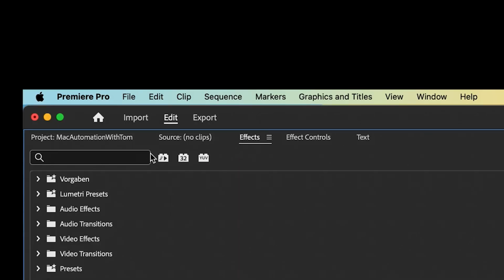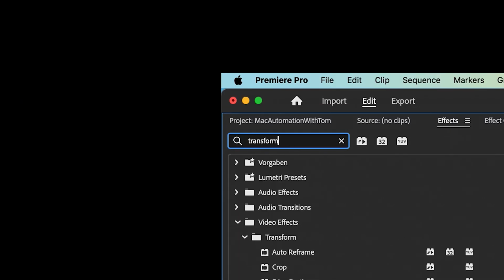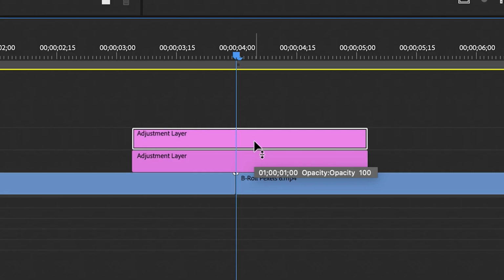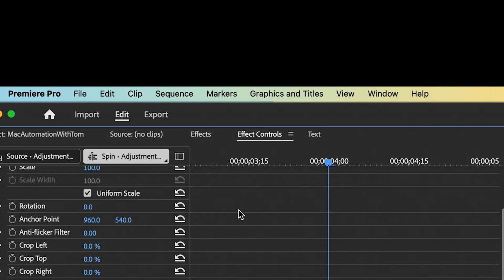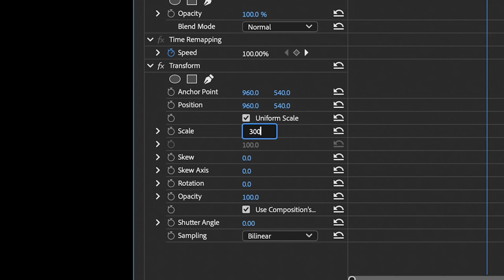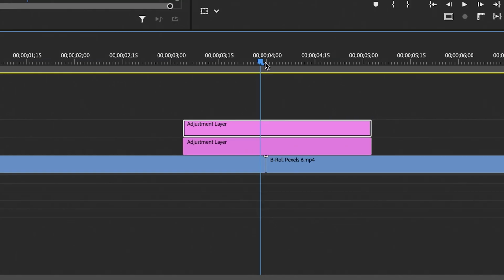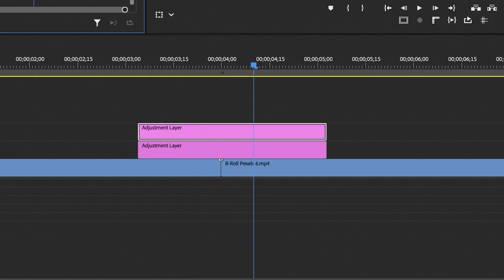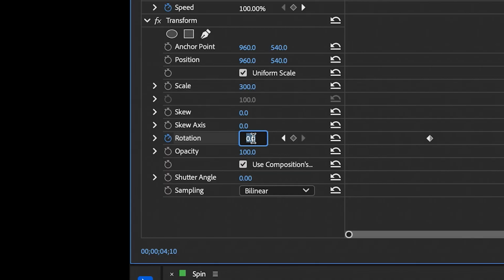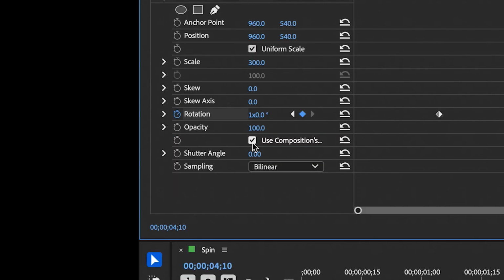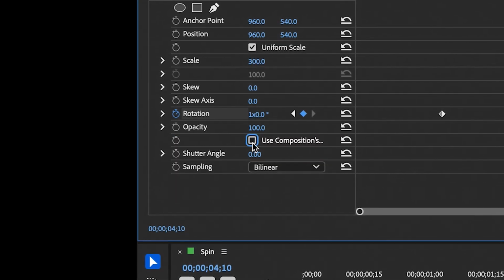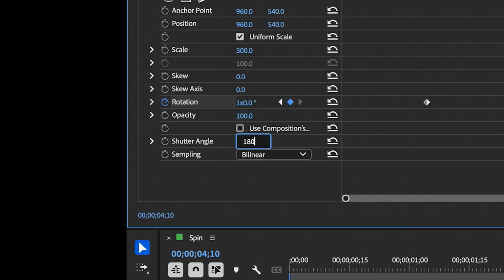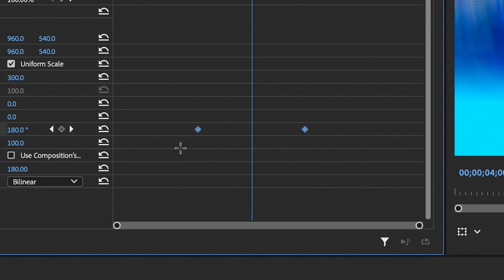Go back to the effects panel, search for the transform effect, add it to the second adjustment layer, go to the effect controls panel, change the scale to 300, move the playhead to the point of the cut, move 10 frames to the left, create a keyframe for rotation, move the playhead 20 frames to the right, set rotation to 360, uncheck the use composition's shutter angle box, set the shutter angle value to 180, select both keyframes, right click